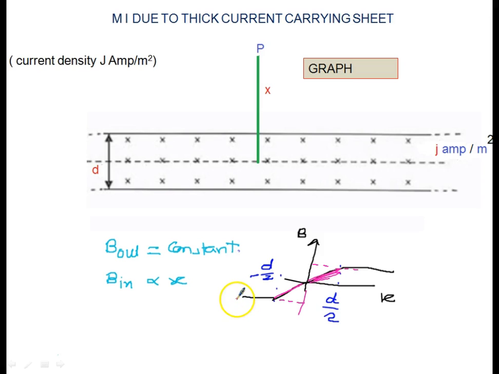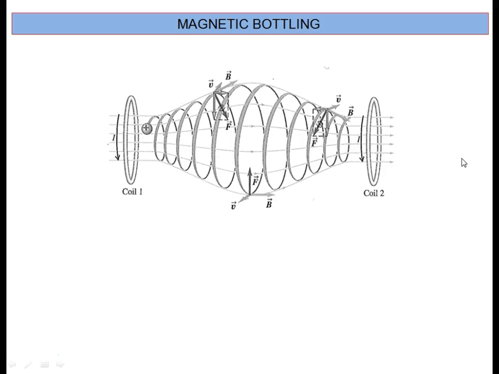Why here on the opposite side? Because the direction will change. Here if I see the direction at the P point, it will be toward the left side, by the right hand thumb rule. Here I see the direction, that is toward the left side, and that is toward the right side. Okay, so let us move to the next part. Magnetic Portland, another topic that I will discuss in the next video.